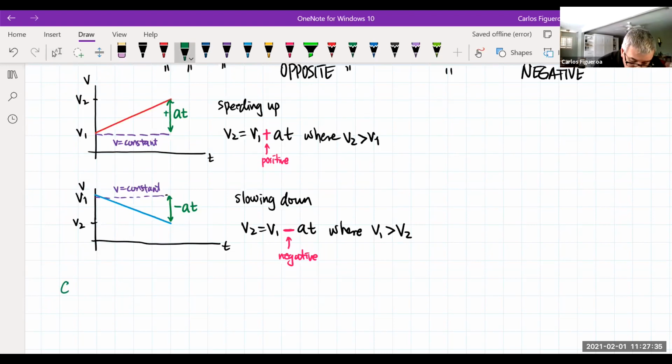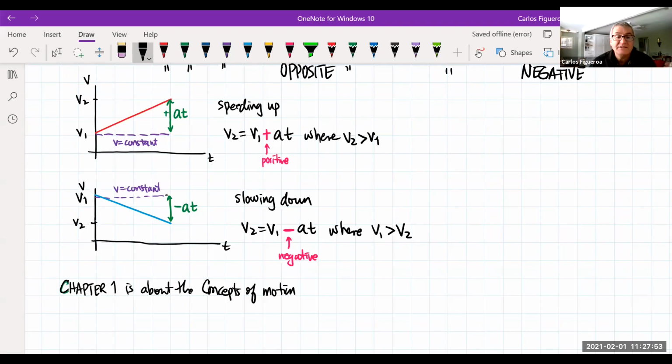So here, let me just say this, that chapter 1 is about the concepts of motion. So now I want to take these concepts of motion and I want to go into looking at the kinematics. The kinematics branch of motion is the mathematics of